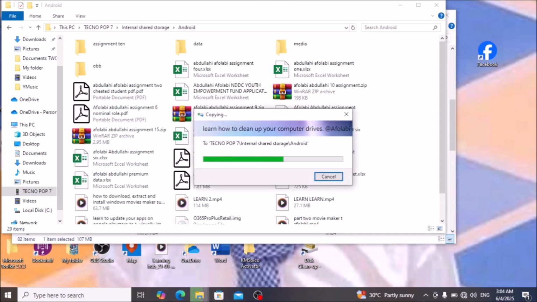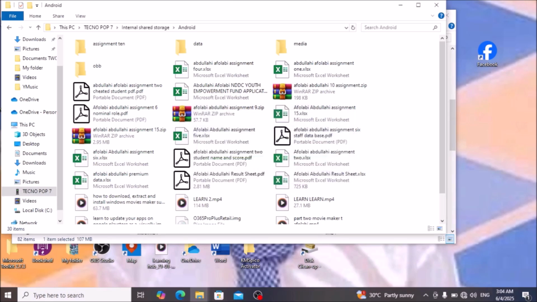Copying dialog. Learn how to clean up your computer. Android window. Items view list. Data not selected, 2 of 30. It is there now on my phone. So before you remove the USB cable, anyhow, the first thing you need to do is close this